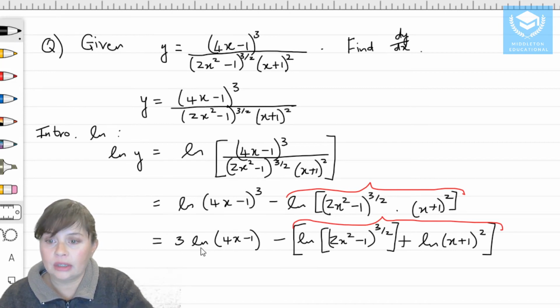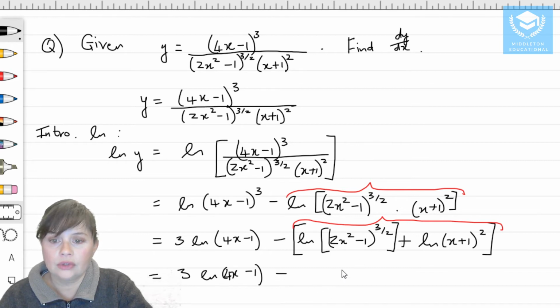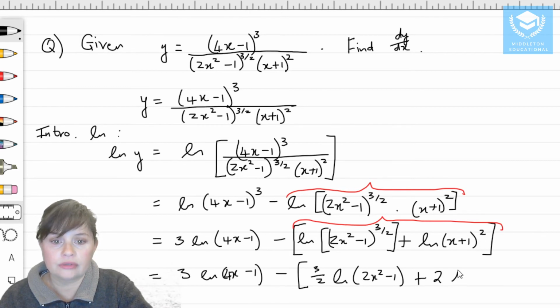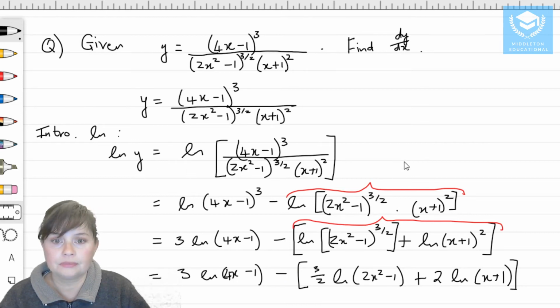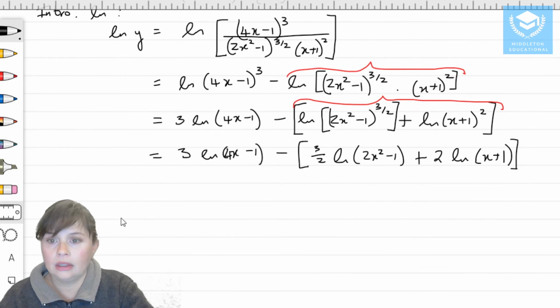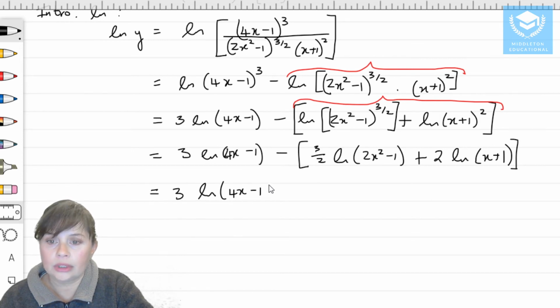Okay, then we can go even further. The first term is simplified as far as you can go, minus 1. So that's going to minus, that power can go in the front of the natural log, right? And that power can also go in front of the natural log. Okay, and then lastly what I want to do is I want to multiply out the minus sign. So then I'm going to write this as 3 ln 4x minus 1 minus 3 over 2 ln